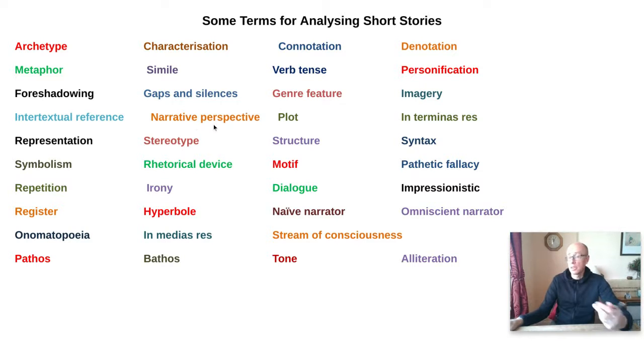Narrative perspective is an interesting one. We'll talk a bit more about that later on as the videos go on. But you have choices, don't you? It could be first, second, or third person narrative. Each of those have advantages and benefits, but they also have constraints and weaknesses as well. So make sure that you choose the narrative perspective that's most right for your particular story. And it's a good idea to use the same narrative perspective as your style model.